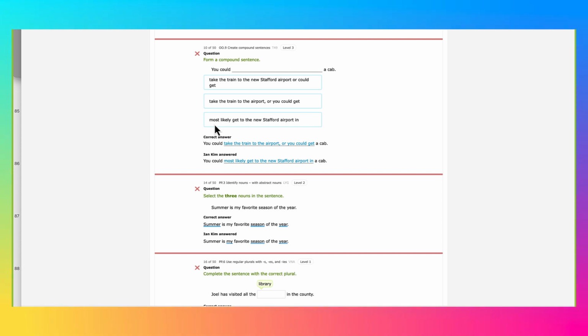Okay, so if you look at the first sentence, that would be a simple sentence. And the reason is, after the word "or," it makes it parallel, that you could take or you could get. You see that parallel structure that still refers to the subject "you." Because there's no comma and there's no subject after the word "or," that's not considered compound, but instead considered a simple sentence.